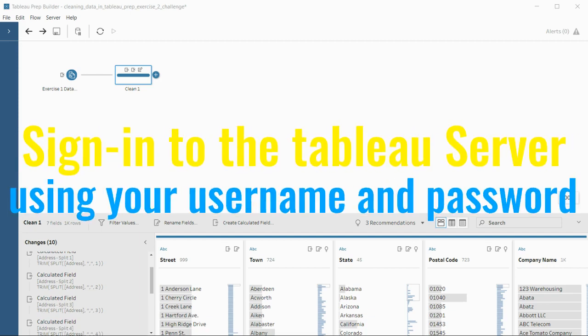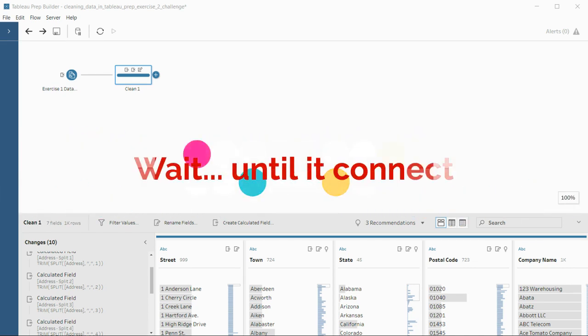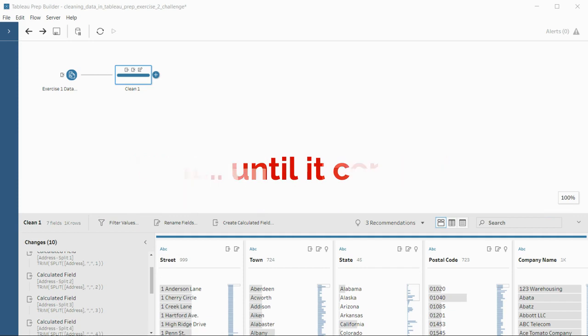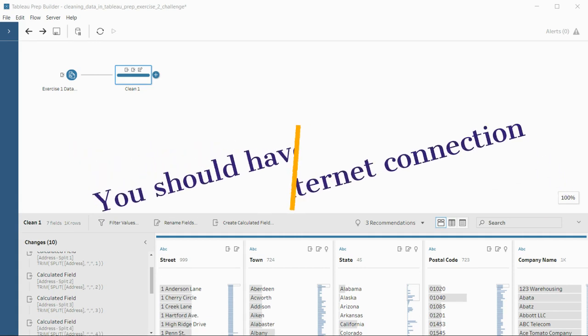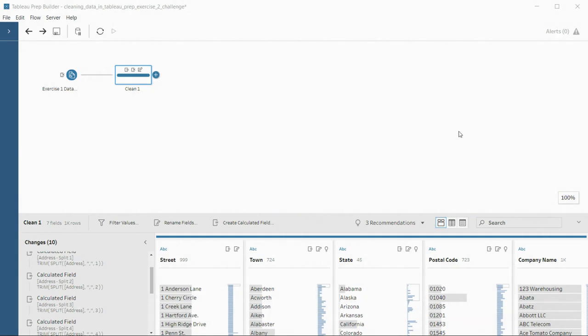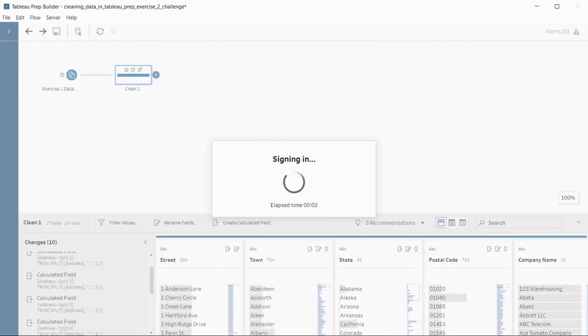You have to give the username and password. Okay, so it will sign in and it will save in Tableau Online. It is signing in.